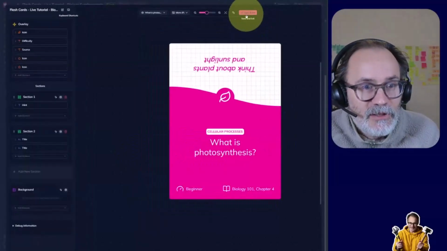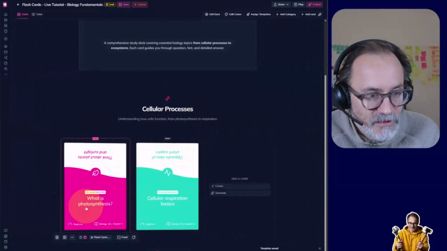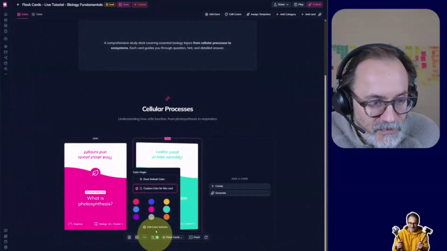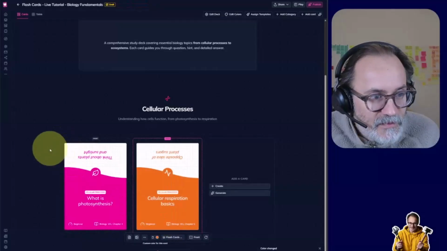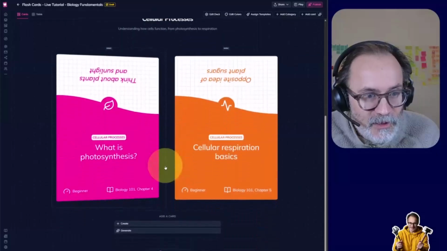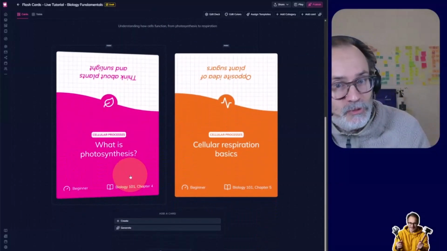Okay, I think we are done. Are we done? Save and exit. All right. We have our front template that is now done, which means that now each time we are going to add